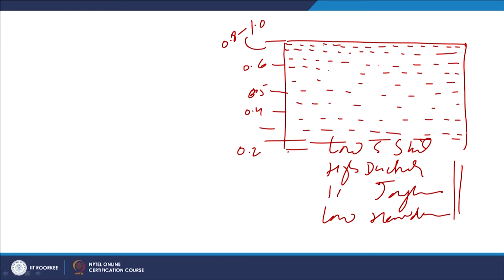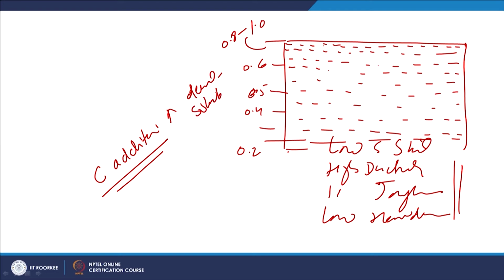Once after the carburizing, the carbon content has been enriched in the steel component, simply the carbon addition will not help in achieving the required hardness. Carbon addition simply will be present as an element or as a solute. The presence of carbon as a solute in the iron is not going to help much, and therefore it is important that after carburizing, suitable quenching or hardening heat treatment is carried out.